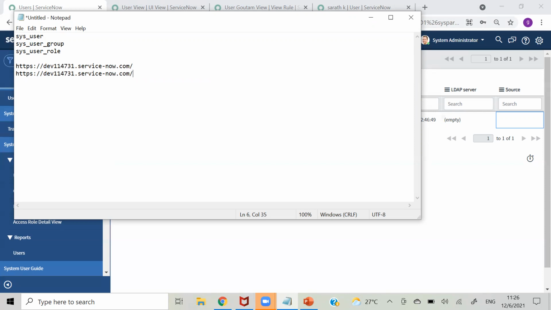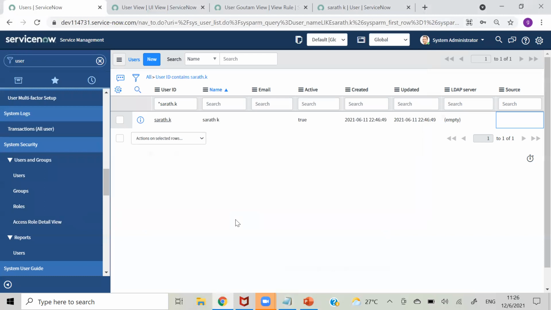If he is a local user, as we created for our Sharath.k, then the URL will be like this, login.do, I guess. Yes. So the LDAP user will have a separate login form, and the local user will have a separate login form.